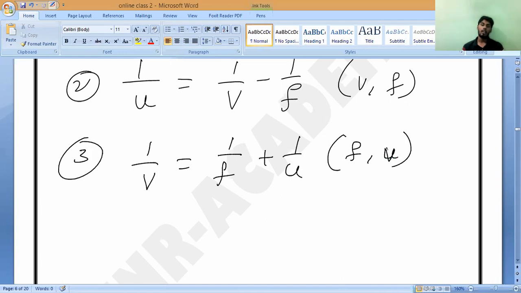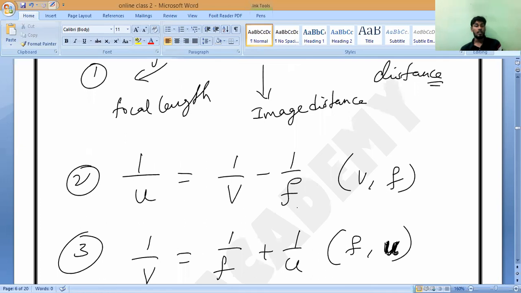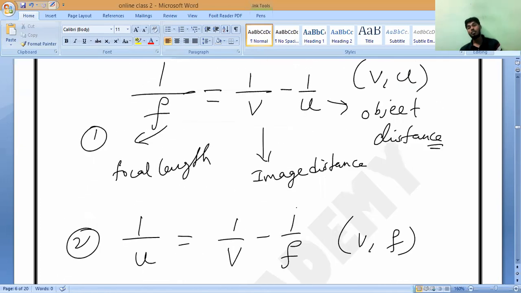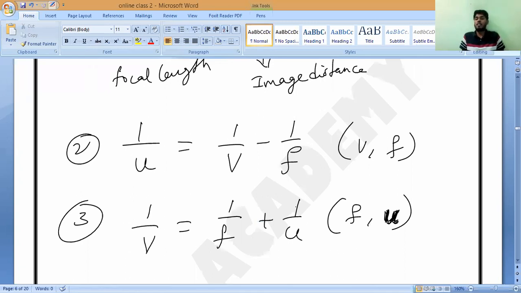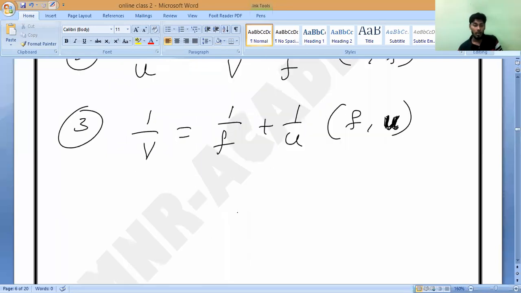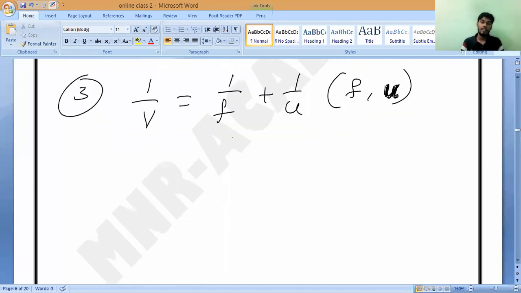Is there any doubt? Akhil, Arfan, if you have doubt in this, you ask me. Arya, Dina, Dilipan. So these are the 3 formulas which you should convert depending upon the given data. You should not go for direct substitution without changing the formula. That is my first suggestion to all my children. So this is what we call the lens formula.